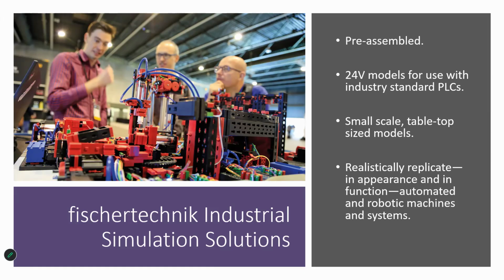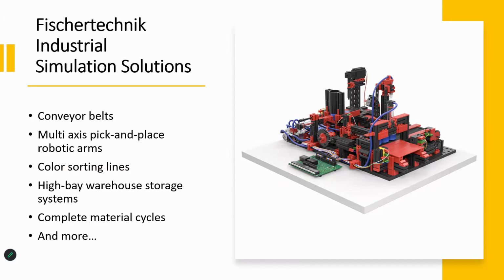Some of the types of models that you're going to find in the fischertechnik system will include things like conveyor belts, punching machines, three-axis pick-and-place robotic arms, color sorting lines, and even high bay warehouse storage systems. Now, besides these individual models which focus on specific automated processes, fischertechnik also offers numerous variations of an integrated factory